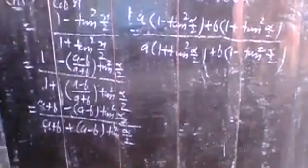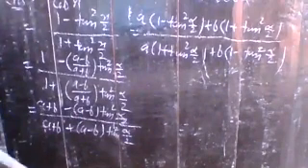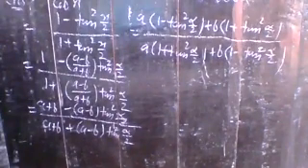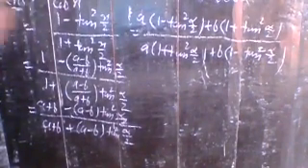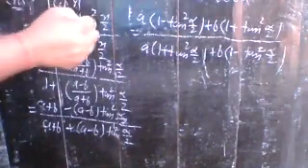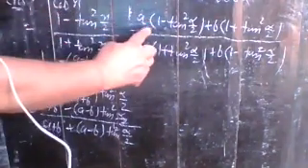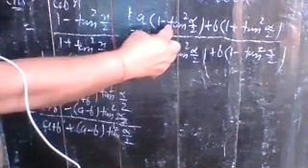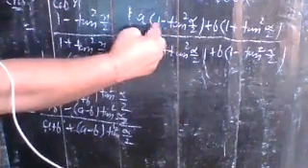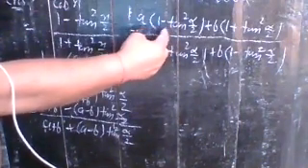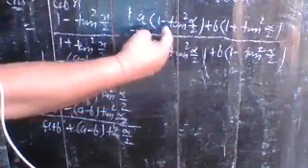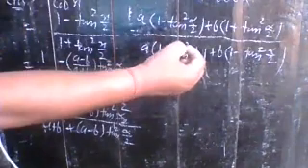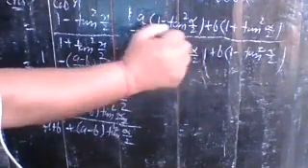Now see your result, and the result you obtained here, and think about how you find the required result. Here you have cos alpha with a on the right side, and here you have a with 1 minus tan square alpha by 2. So what you make it here with a, it becomes cos, because you know that cos x is equal to 1 minus tan square alpha by 2 upon 1 plus tan square alpha by 2.